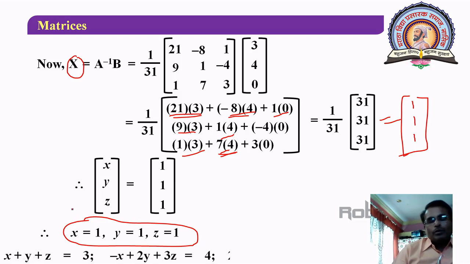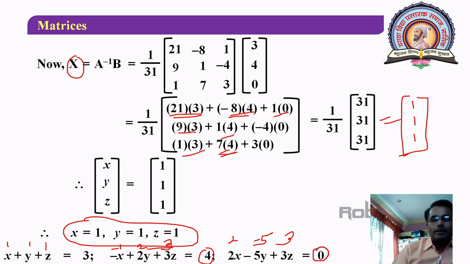We know that our system of equations was this one. Just substitute these values here in the equations. For example, in the first equation, 1 plus 1 plus 1, what are you getting? 3. 3 equal to 3. First equation is satisfied. Similarly, here minus 1, here 2 and 3. So minus 1 plus 5, that is 4, that is on the right hand side. Or here you have 2, then minus 5 and 3, because x, y, z all are 1. So 5 minus 5, that is 0, and that is present on the right hand side. This confirms that your solution is correct.